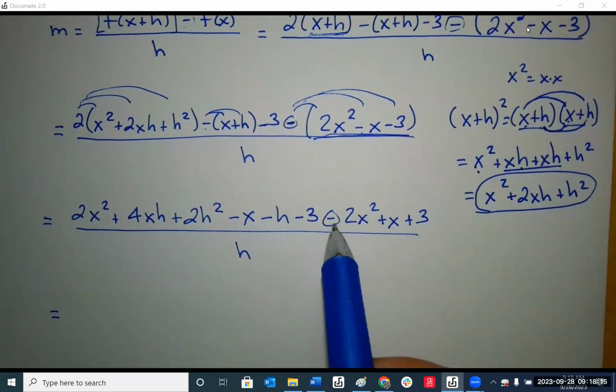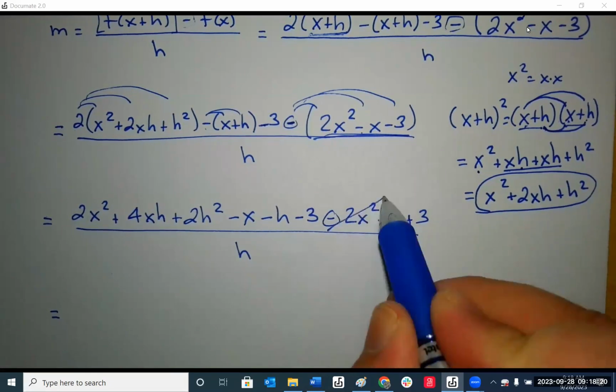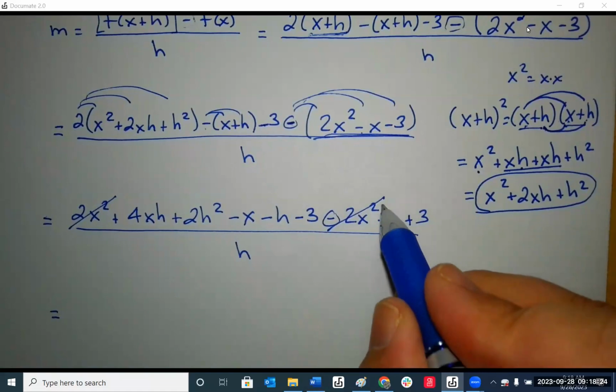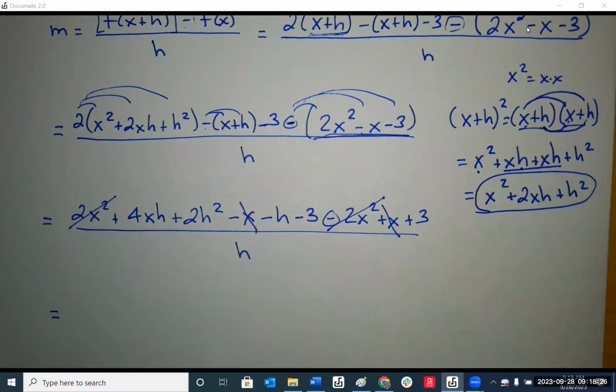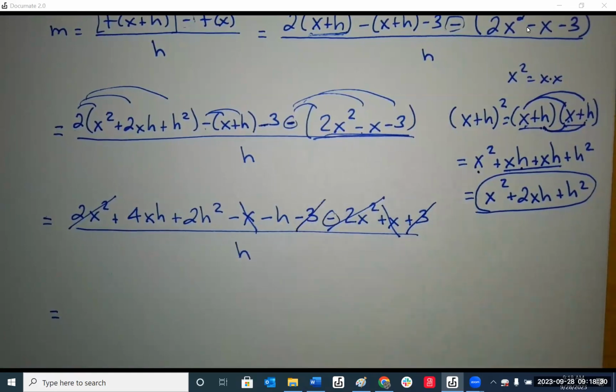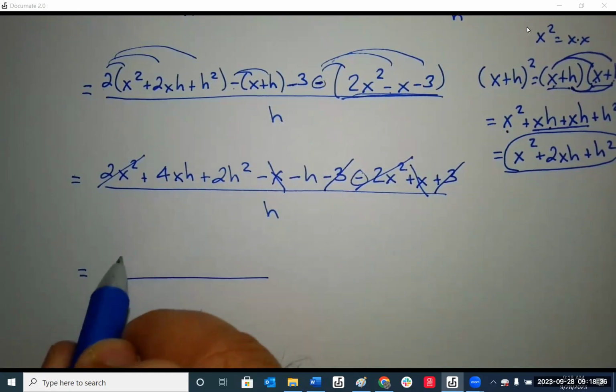Remember, everything after this negative sign has to cancel. So this −2x² cancels the +2x². The +x, −x. The +3, −3. So all I have left is